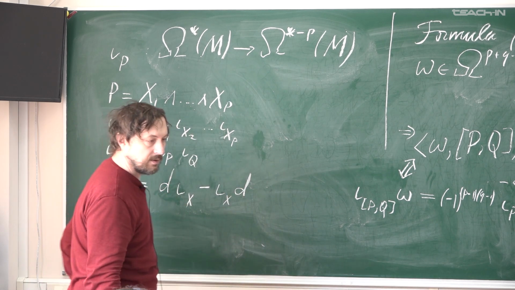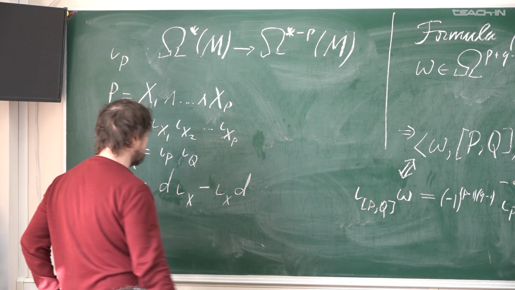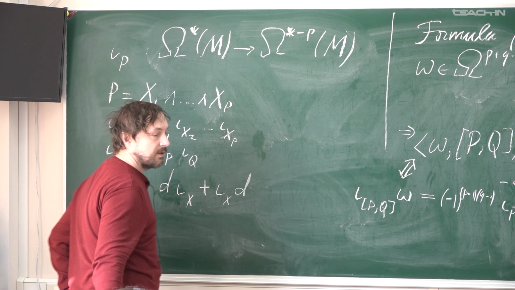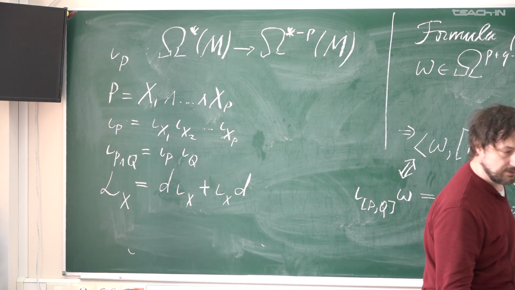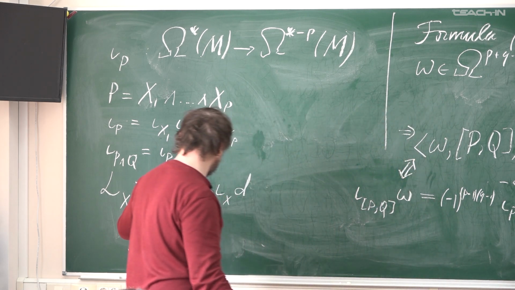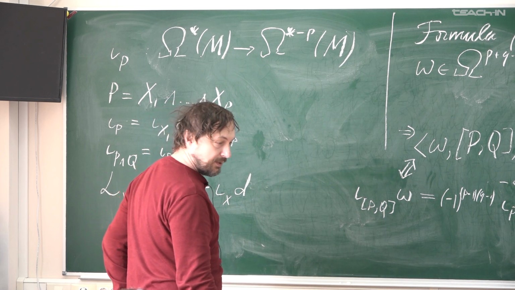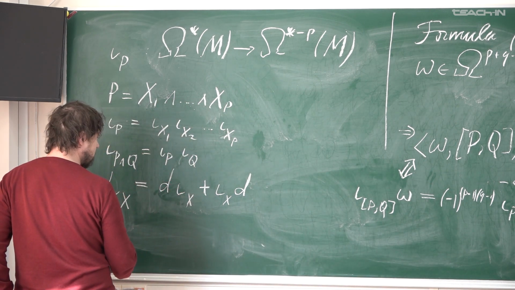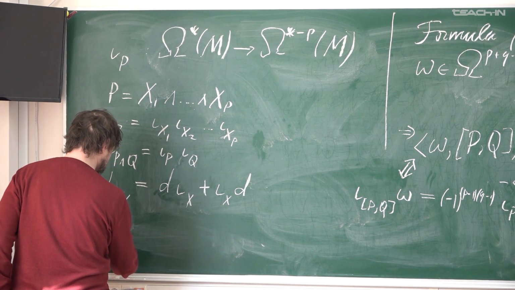Yes, plus, sorry, that's much better. It's the graded commutator. Since both are of degree 1 and minus 1, so non-zero degrees, of course we have plus. In the same way, we can define the Lie derivative with respect to p